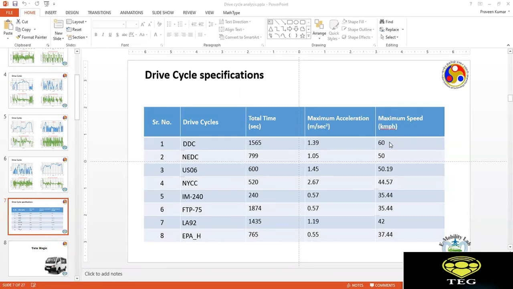We can start discussing the drive cycle data. So anybody, any ideas? My question was, if we design a drivetrain for a vehicle for Delhi and try to export it to New York, will it work satisfactorily in the New York City driving conditions, based on the drive cycle data? Anybody with any ideas or answers?